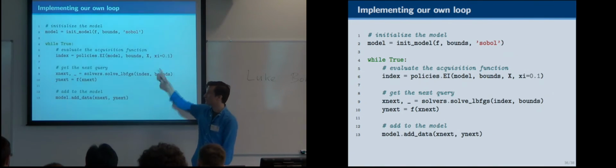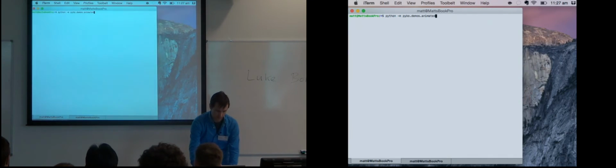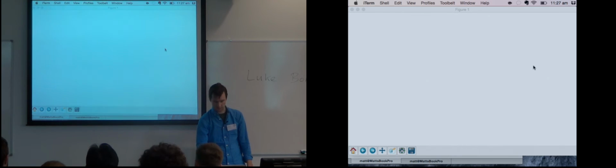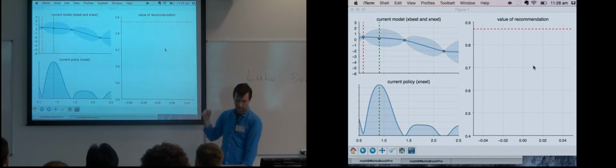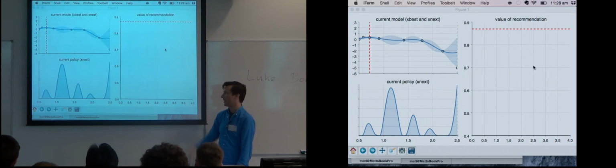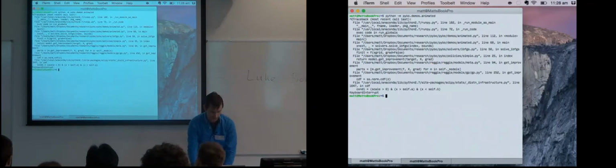And finally, you could insert yourself into the loop, which is how we do this, just a simple loop, which then you can view these things. There's also a 2D animation and some things like that I can show you later. And the final thing I wanted to leave you with is,